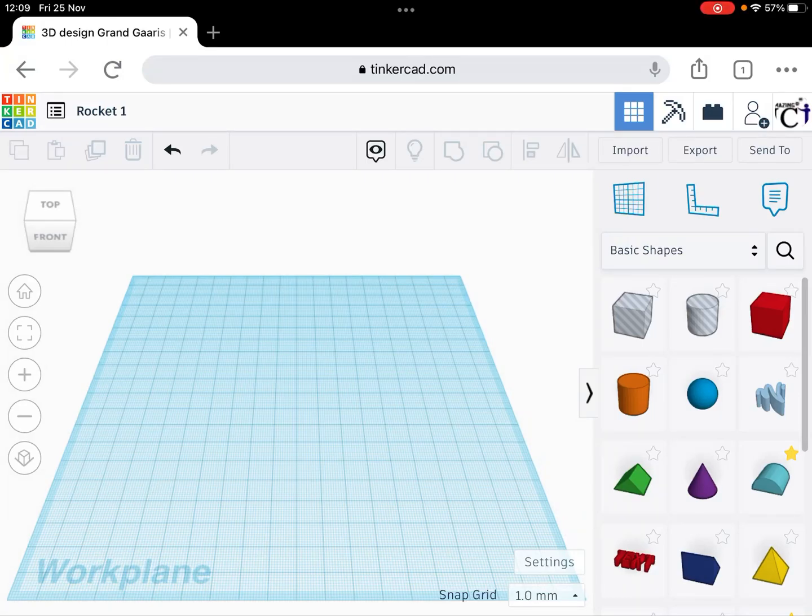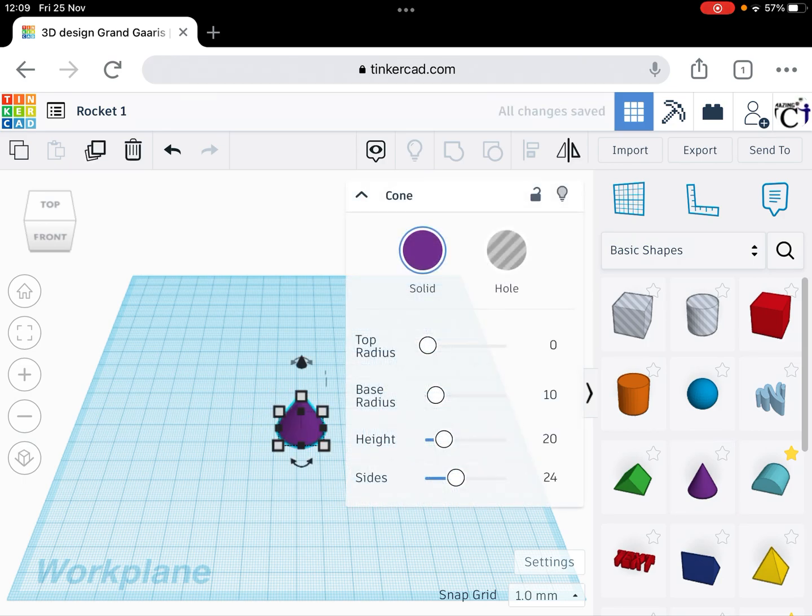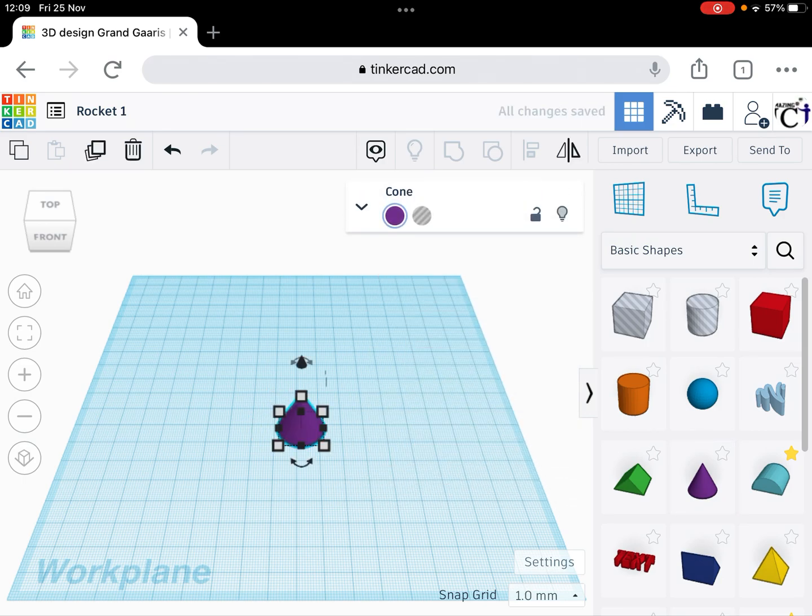Hi, it's Richard Smith from Amazing ICT here, and I'm going to show you how to create a very simple rocket from 3 shapes, and I'm going to focus on 2 really important tools that you've got within this free online platform called Tinkercad. So I'm going to drag a cone across,